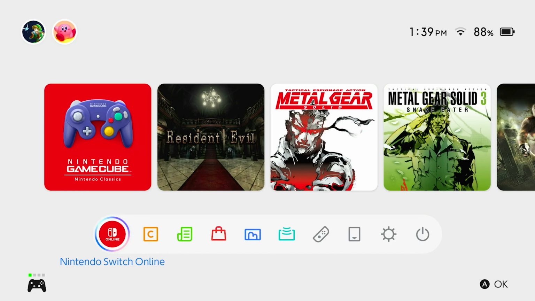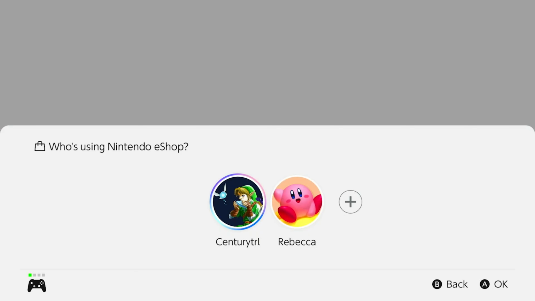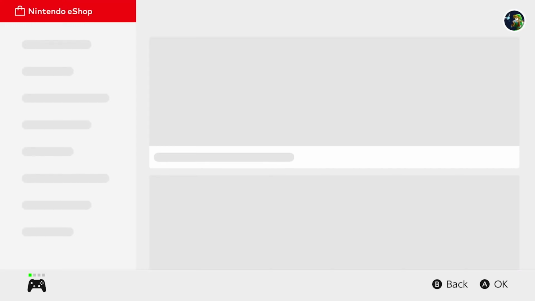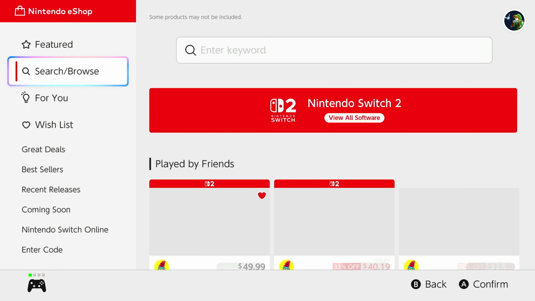First things first, from the home screen, scroll down and you're going to see a Nintendo eShop icon on here. Select that and choose the profile that's going to be using the eShop. Just keep in mind that that profile must be linked to a Nintendo account. If it's not, you'll be prompted to link one before continuing. But once the shop itself does load, stay in this left-hand sidebar and go ahead and select search or browse